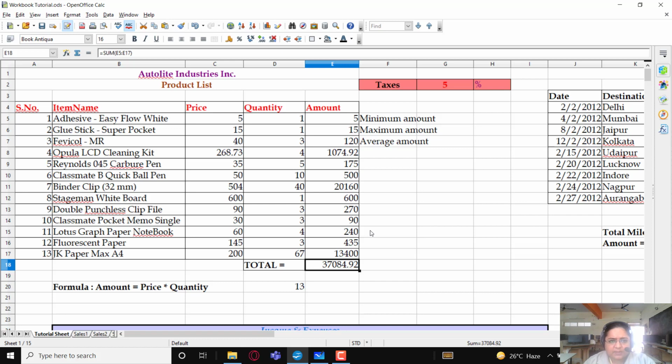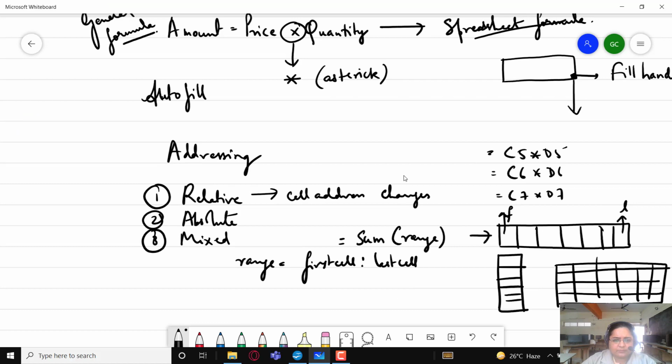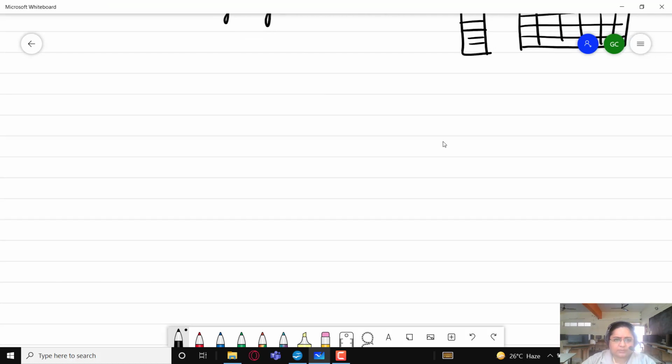What is absolute addressing? Absolute addressing means when the cell address doesn't change. So if I don't want the cell address to change, I would add a dollar sign before that.